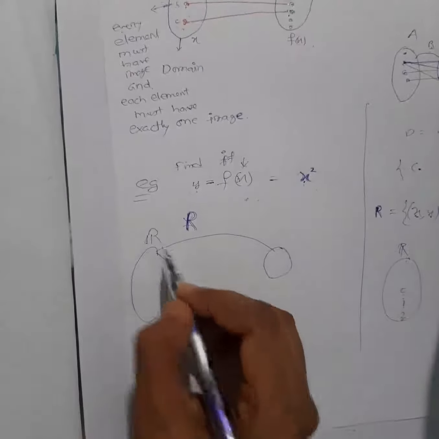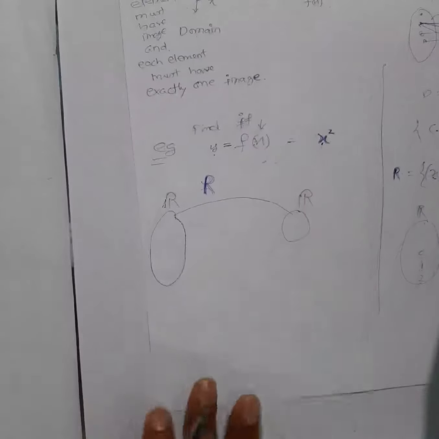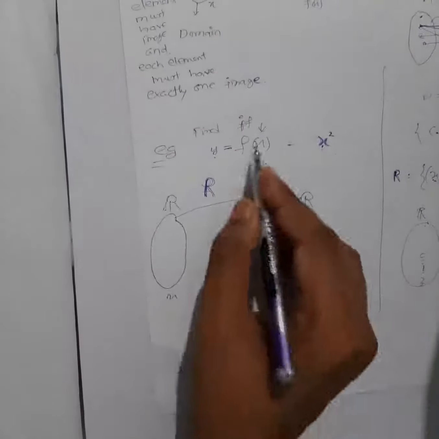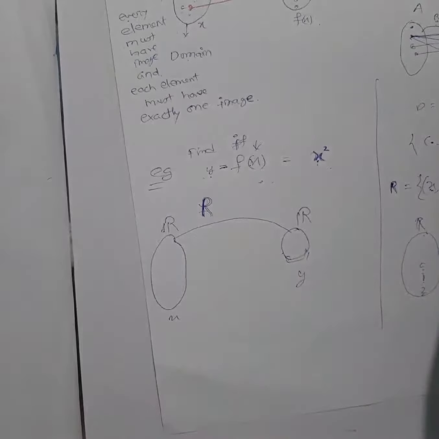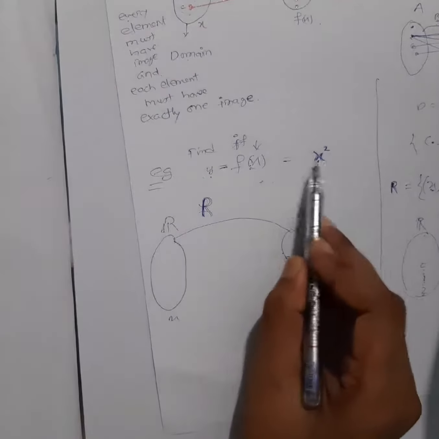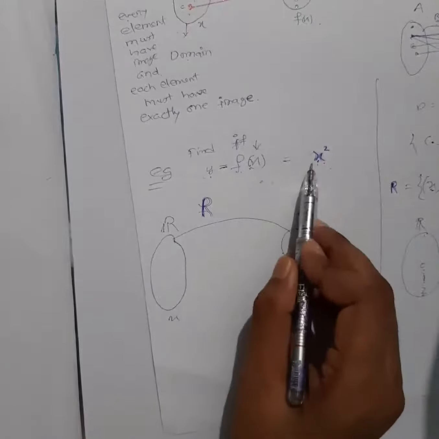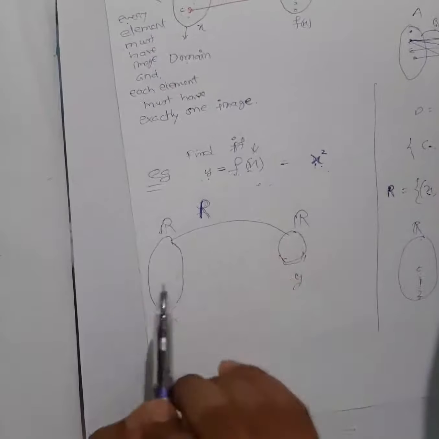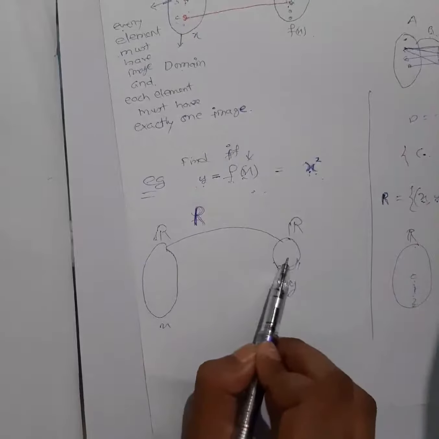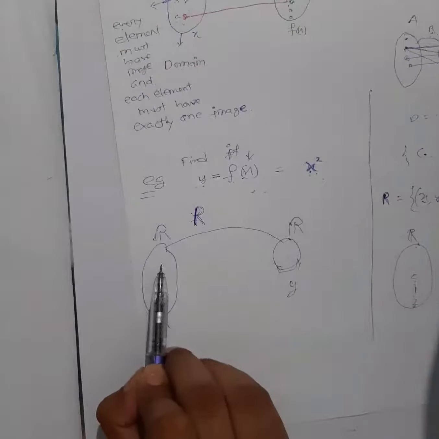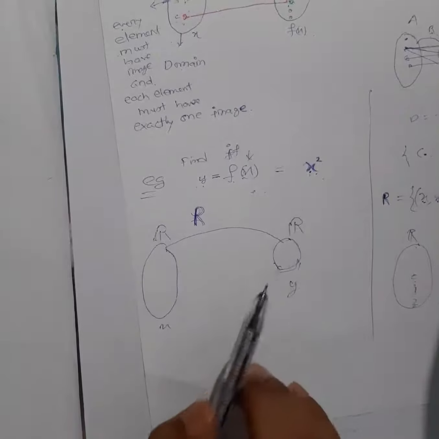So this is from the set of real numbers, and this is from the set of real numbers. This is your x value, we used to take from here, y value we used to take from here. So see carefully. I want to check whether this relation is a function or not. For that, I have to check all elements from here, whether each is having an image or not. Then next we will check whether every element is having exactly one image or not.